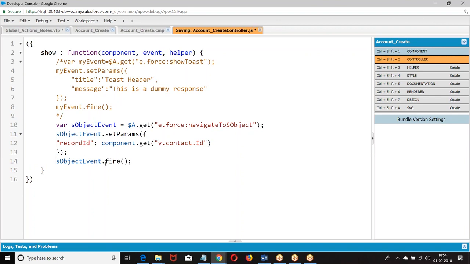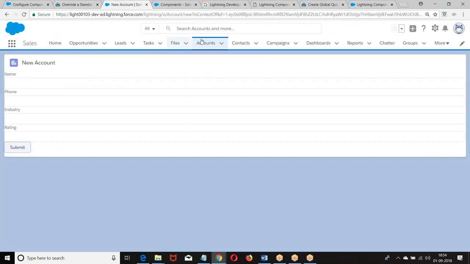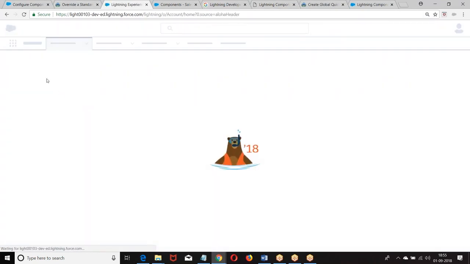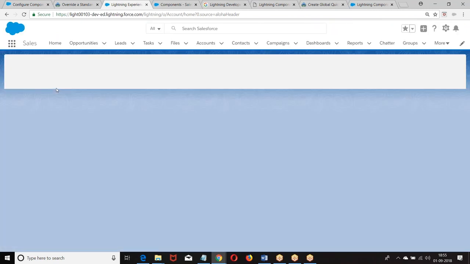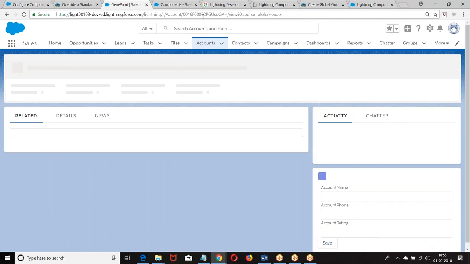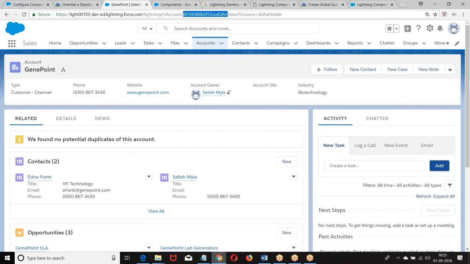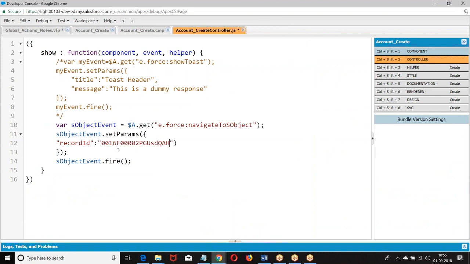Now, this is what I created. Instead of this, I want to give a static ID. Once you're done with this, I'll give the extension. Now we have given this ID, so let us go to the same object and do it.